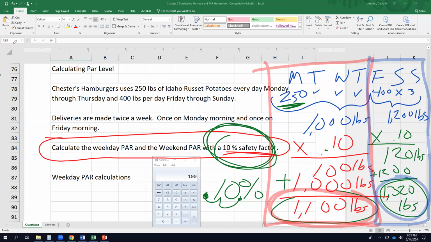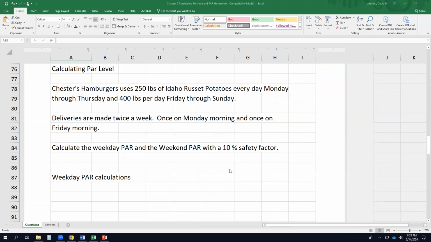Now, this is your homework assignment. Your par homework assignment that's coming up should be due next week. These problems are the exact problems on that. So we already went through the first one, the first two actually. And we've already worked through our weekday par and weekend par. I'm not going to do the rest of it, but I am going to show you